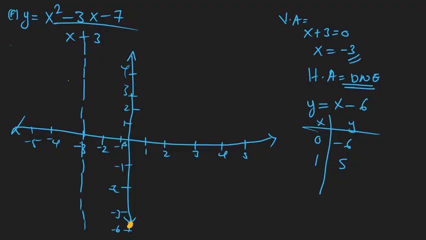And then 1, negative 5. One comma negative 5 is somewhere here. Now this graph is not going to